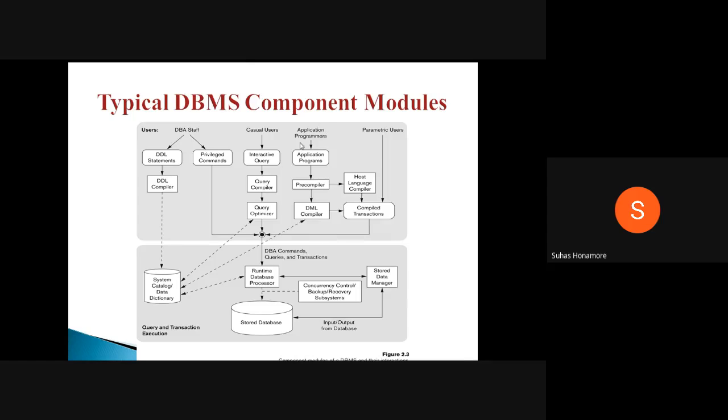One more type is application programmers. Here, in the software I am writing, I am also trying to access the database. For example, suppose I am writing a .exe file as a Java program, and in the Java program I am accessing some database. The application is completely a Java program. For that, an application program will be there, along with a pre-compiler. What the pre-compiler does is segregate it.